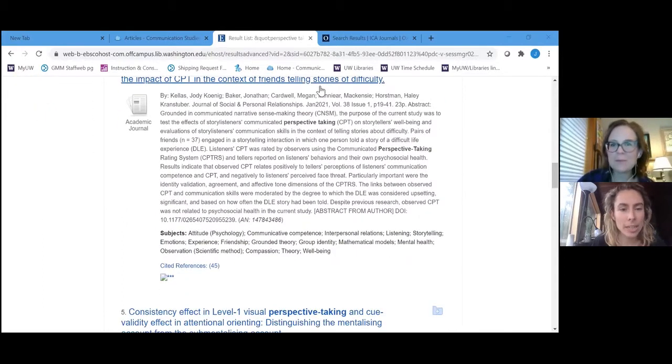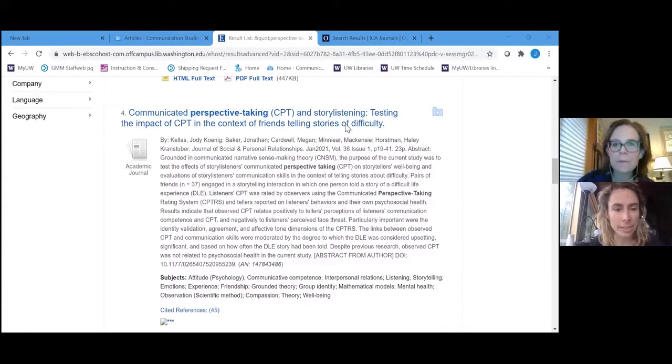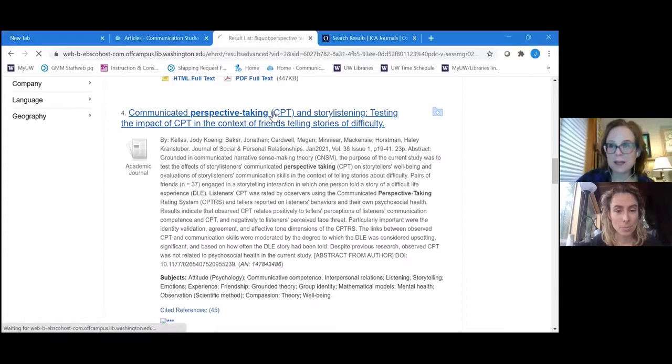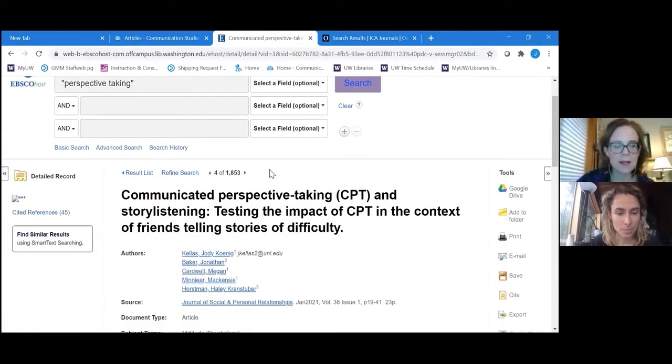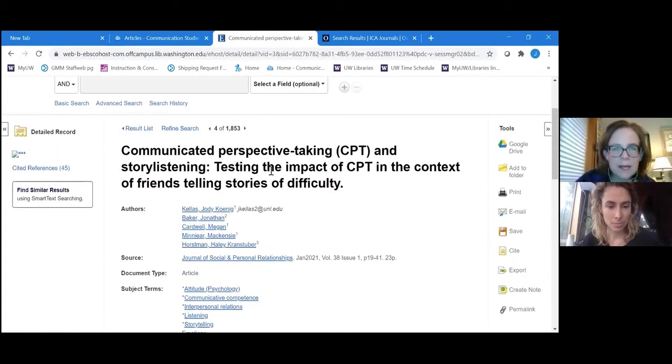Ooh, and it's communicated perspective taking and story listening, testing the impact of CPT in the context of friends telling stories of difficulty. That sounds good. That does sound good. So I'm going to click on it, and we're going to see much of the same things that we saw here. And this is something I keep complaining about because